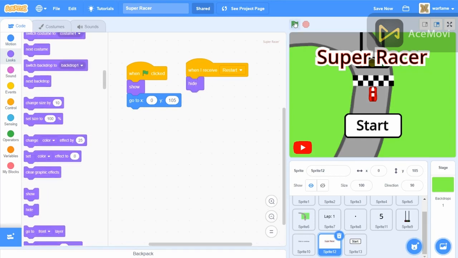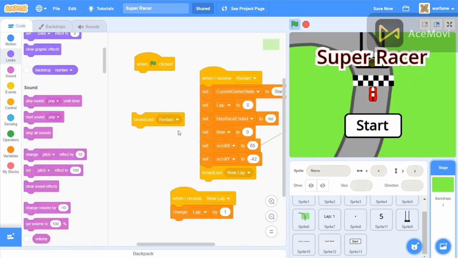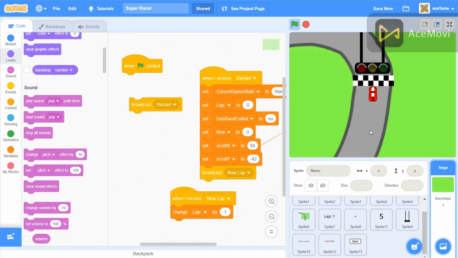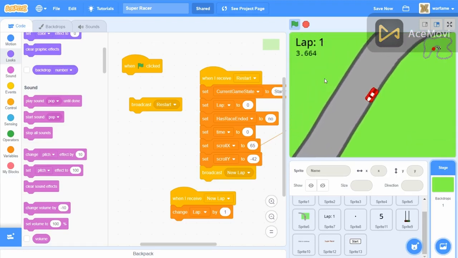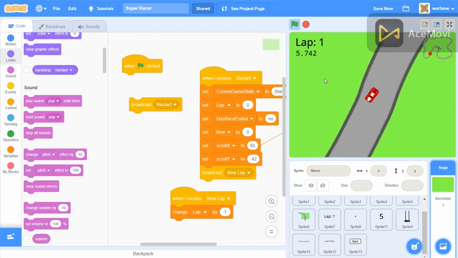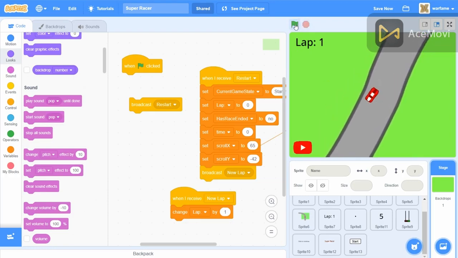Alright, and now, since we disconnected the broadcast restart when flag is clicked, the game does not start when we click the green flag. However, if we click the button, then the button and the title both disappear and the game starts. Alright, awesome. But one thing I noticed is that if we stop the game and then restart it,